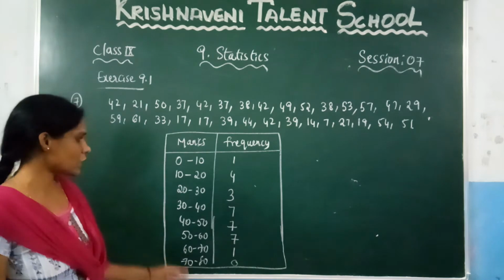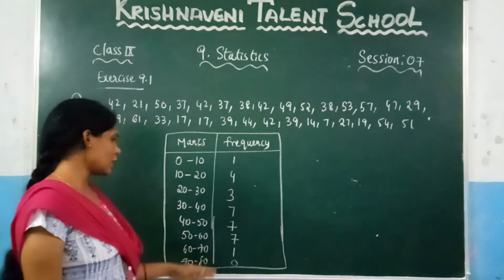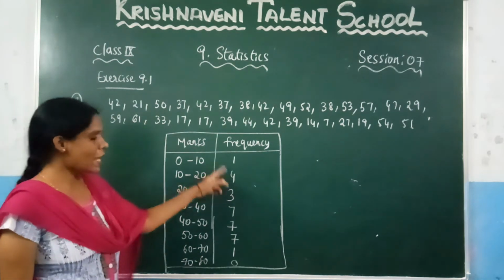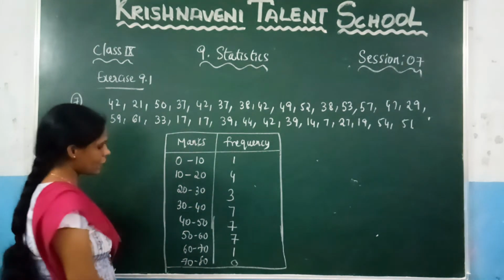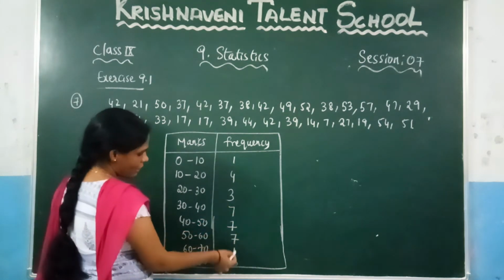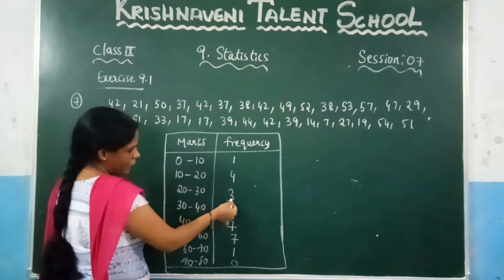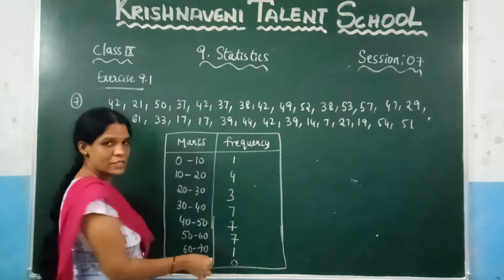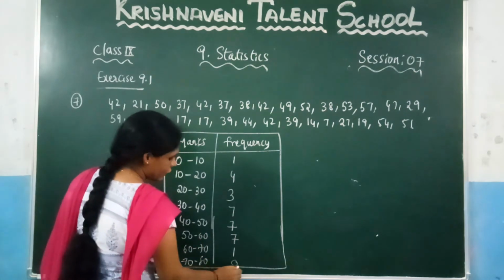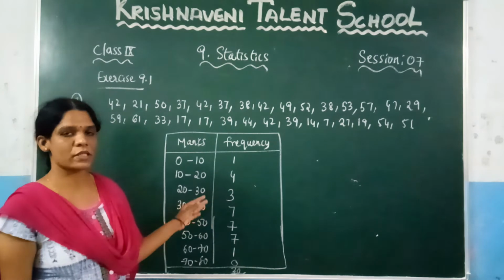And after that you can count here in between 0 to 10 how many students are there, so that you will get this one. Now let us add these values. So what you are getting here, 7, 3s are 21, right? 3, 7s are there, 21, 22, here 23, here 26 plus 4 which is 30. So total together what you are getting here is 30. So the number of students is also 30.